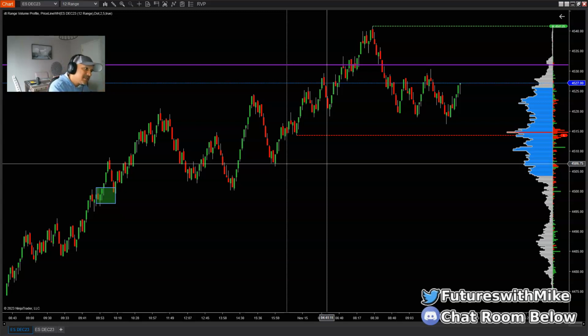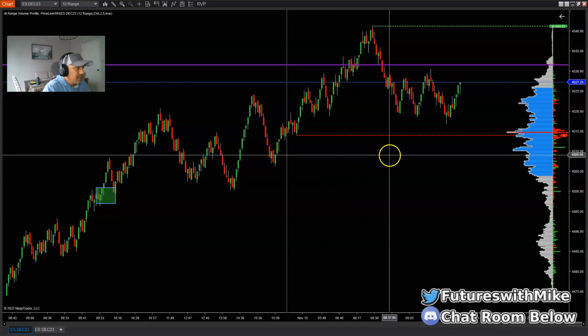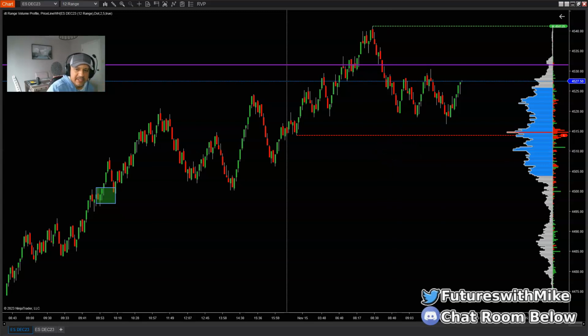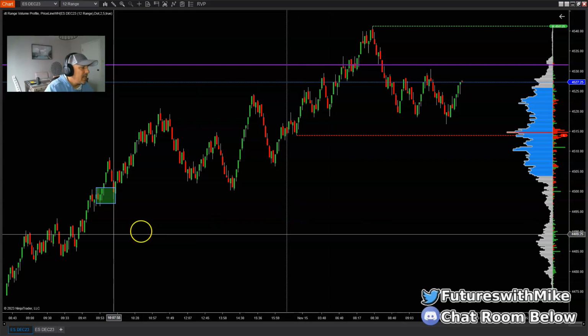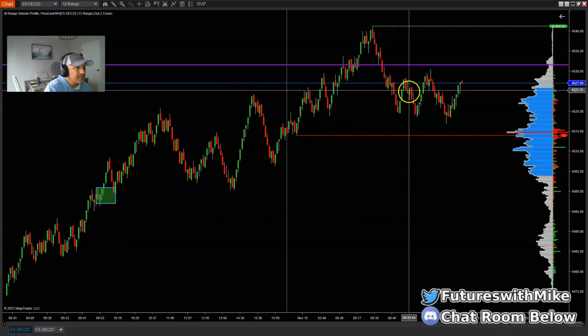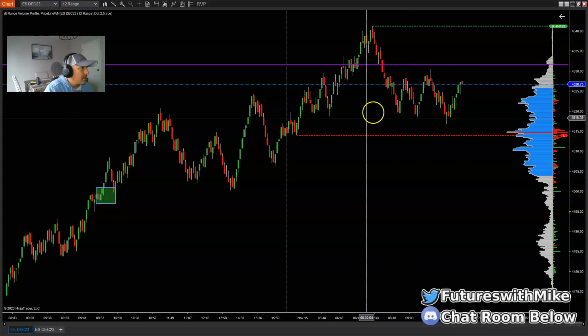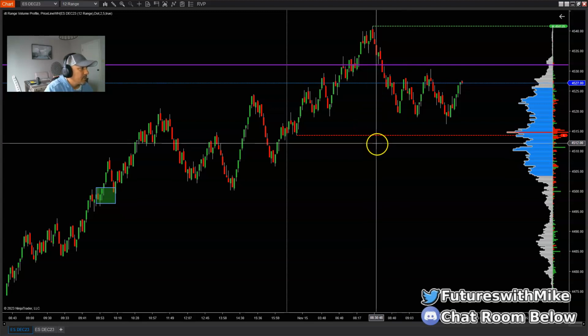You got to pay attention to the higher time frame too. If you got experience and know what you're doing, you can look for quick scalps, count on trend trading, whatever the case is. But as I always state, the best thing to really do in trading is trade in the direction of the higher time frame. If we're bullish on the higher time frame, then look for bullish setups, long setups at areas of demand on the lower time frame, the 12